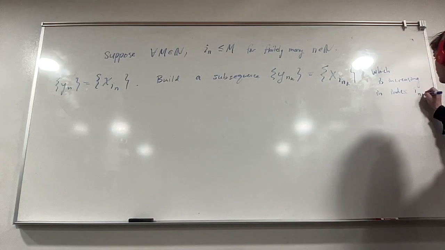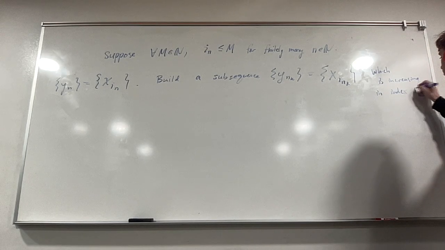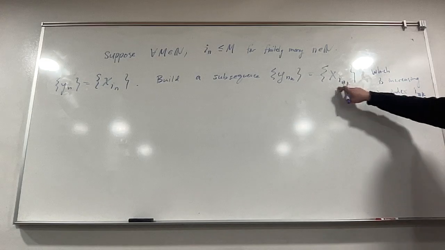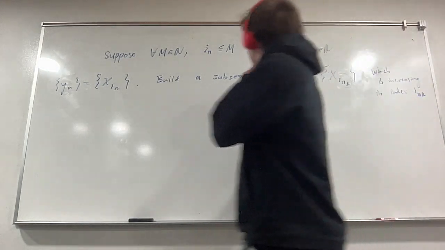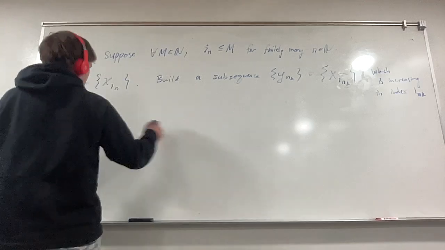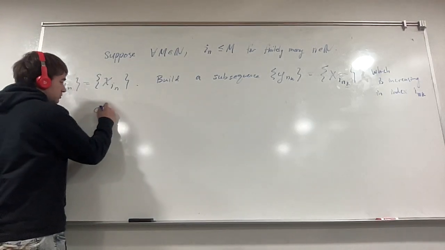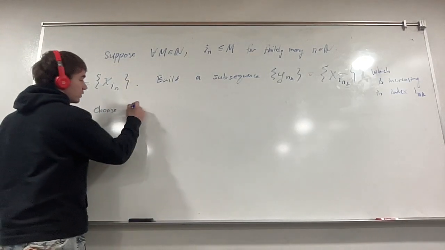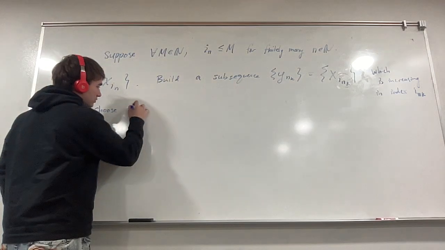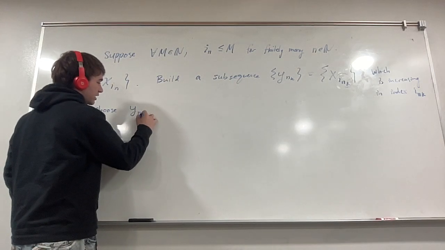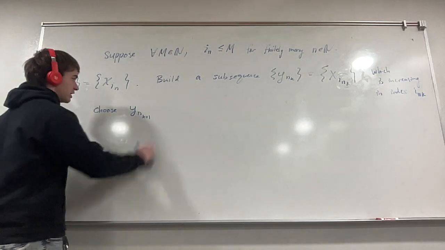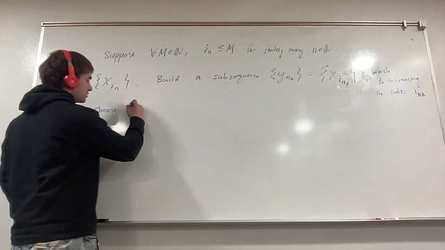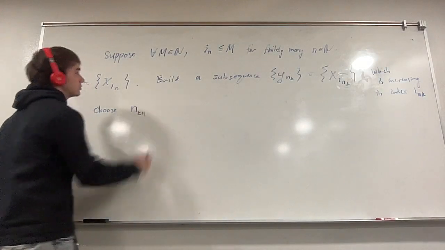I sub n sub k, right? As k increases, this index needs to increase. How do we do this? Well, we just choose y sub n sub k plus 1. Or I guess I should just say n sub k plus 1. So I'm going to choose n sub k plus 1